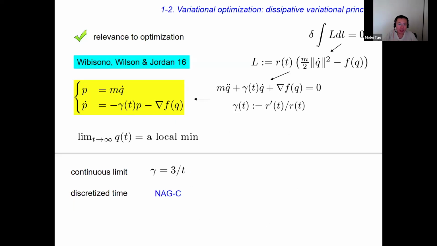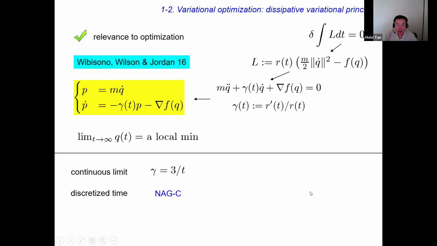So, for example, when gamma is equal to 2/3, and by the way, you can choose gamma because you can choose r. So you can choose r such that gamma is 2/3, and then one discretization of this optimization dynamics actually corresponds to the celebrated method of Nesterov accelerated gradient for convex function. This is actually a beautiful paper by Weijie Su, Boyd, and also Candès.